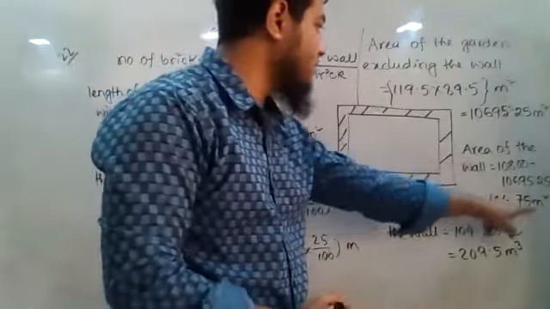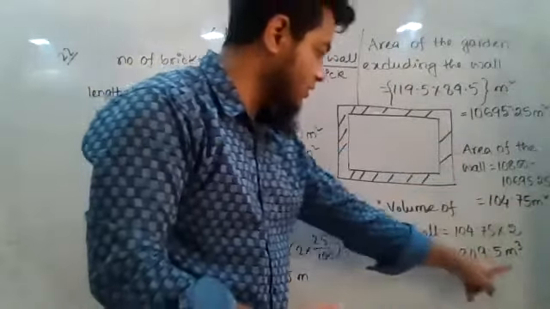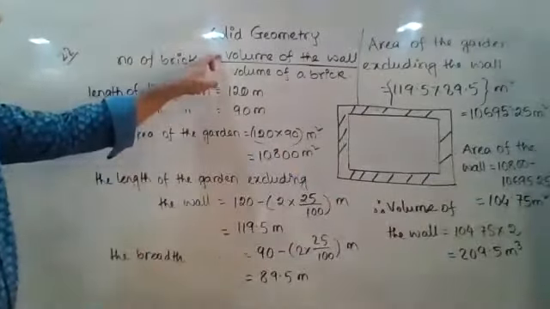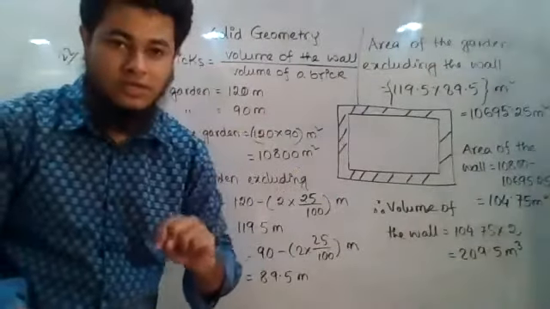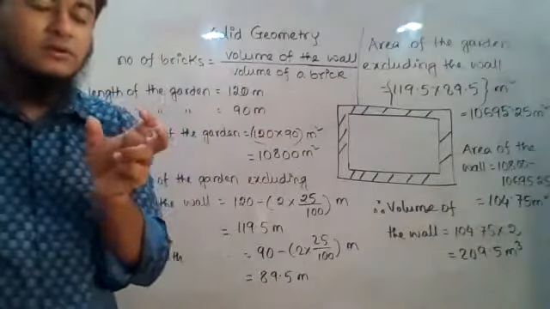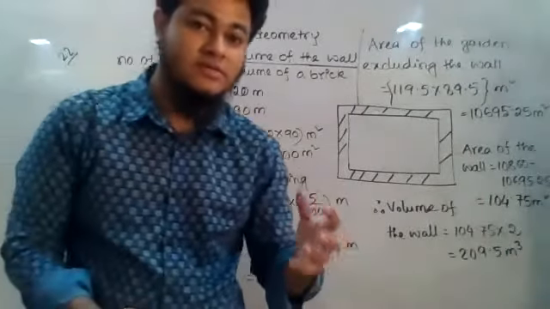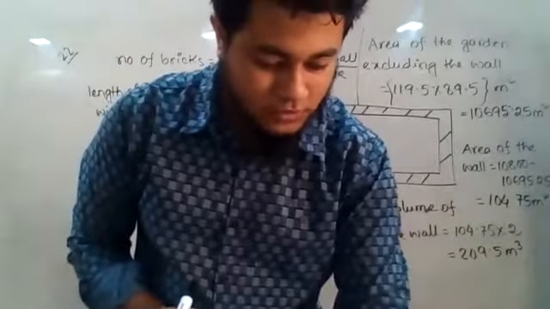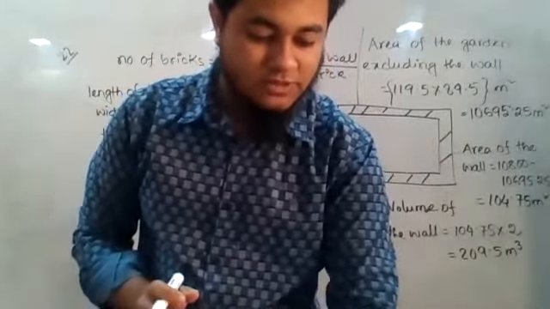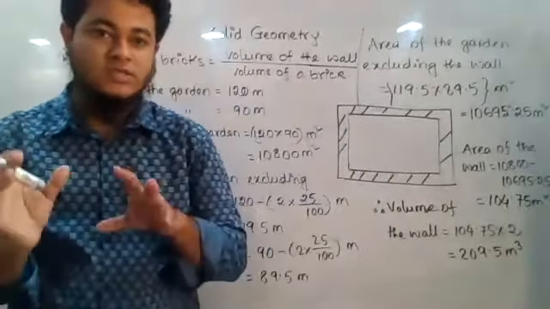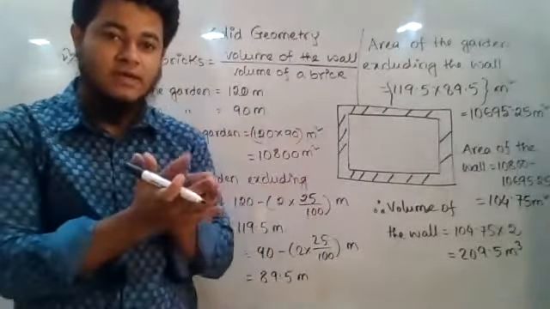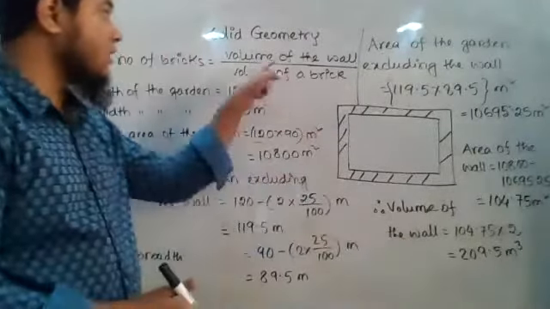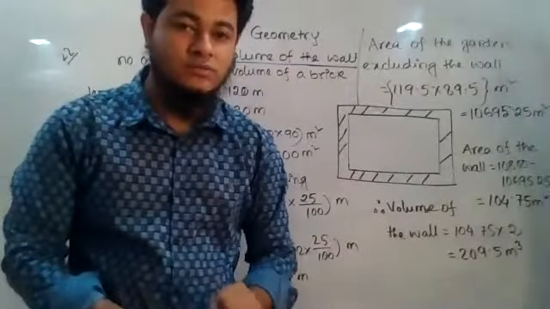Be very careful about the units. Whenever it is area, it is meter square. Whenever it is volume, it is meter cube. Now we know the volume of the wall. You will put it here. The volume of the brick you can also calculate, but be careful. The dimensions of the bricks are given in centimeter because a brick is very small. So 25 centimeter, 12.5 centimeter and height 8 centimeter. Convert all three to meter, then multiply them to get the volume of the brick. Put the two values here and you will get how many bricks you need.